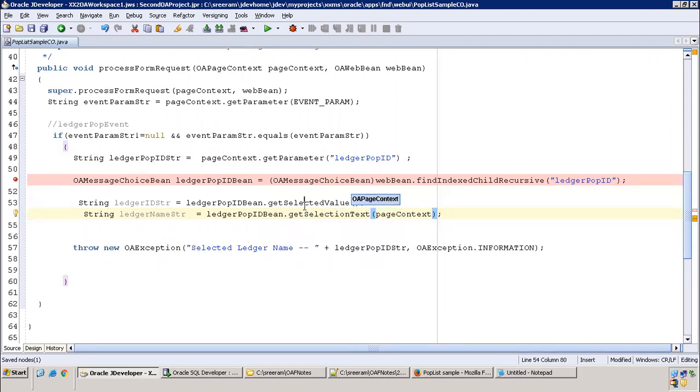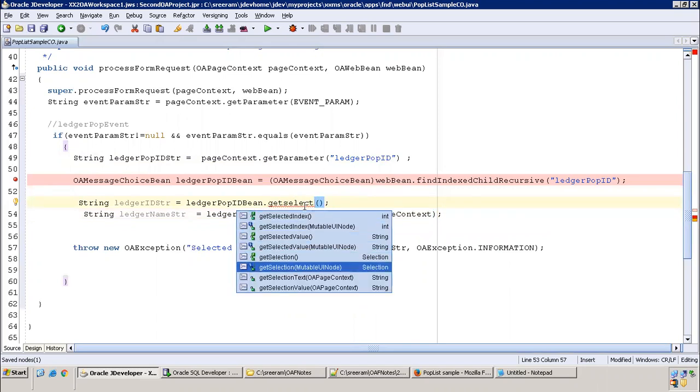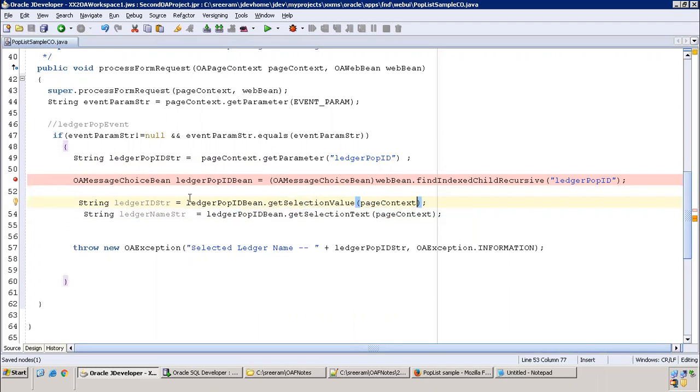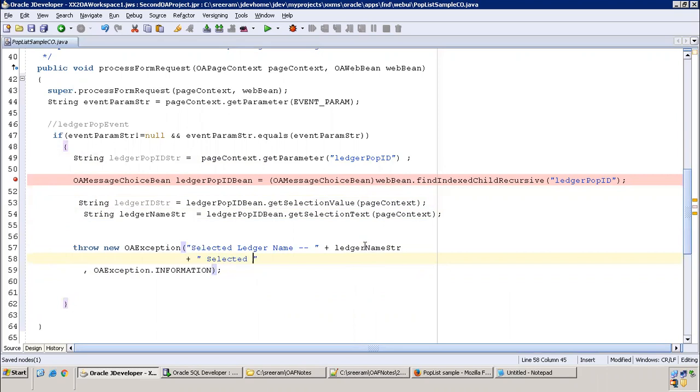And here also I'll use get selection value. Okay. Now similarly, I'll just say selected ledger name. I will consider this one now. Ledger ID is equal to ledger ID str.